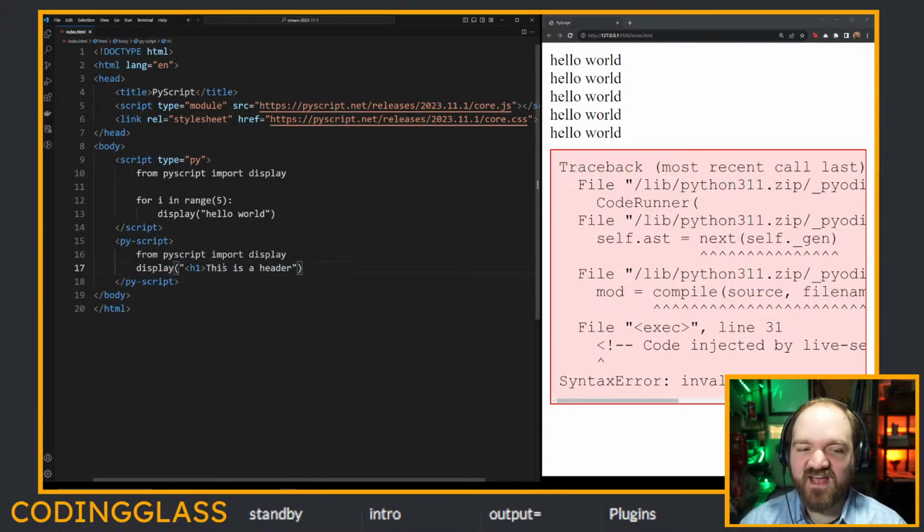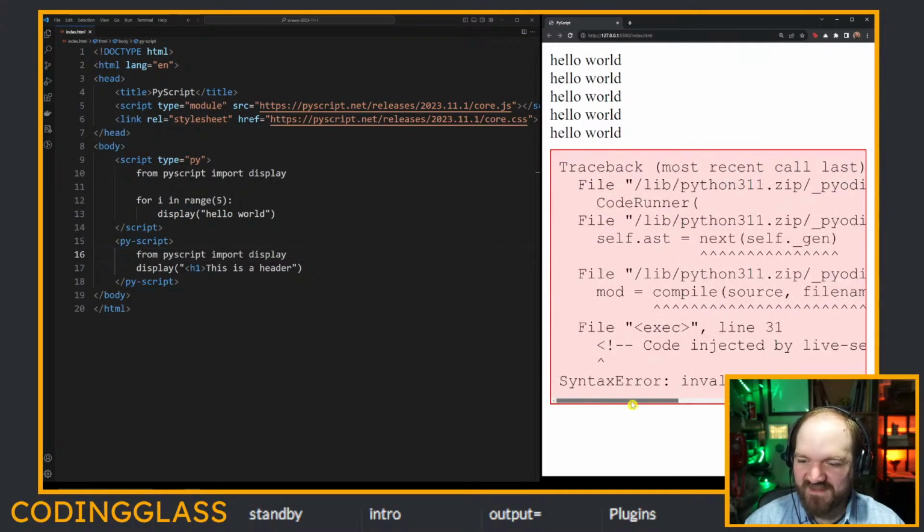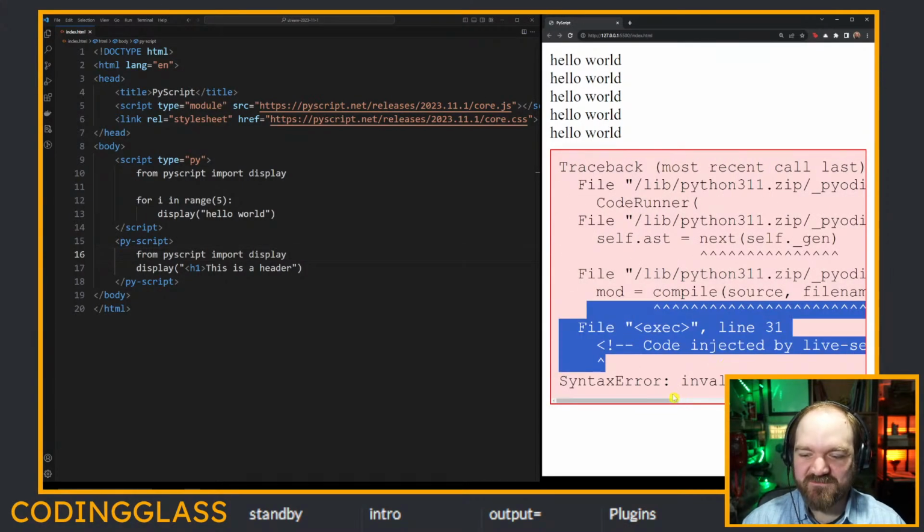And it's missed the fact that actually what I wanted to do was include, open brackets, H1, close brackets inside of this string, because it doesn't know that what's in here is meant to be code. It just says, hey, this is some text. It might contain other tags inside of it. I'd better parse this as HTML. And that breaks our Python interpreter quite badly. It's trying to actually parse this entire HTML file as some Python code, which is not what we want it